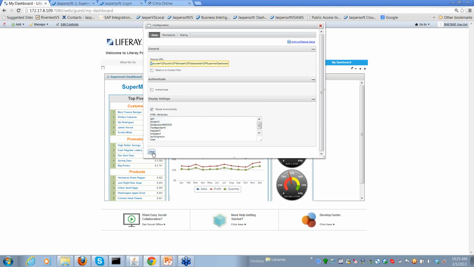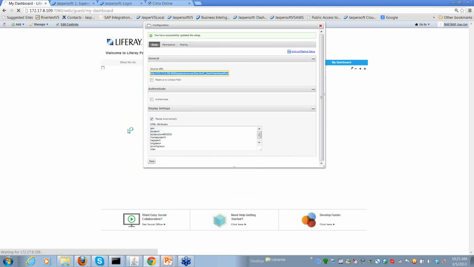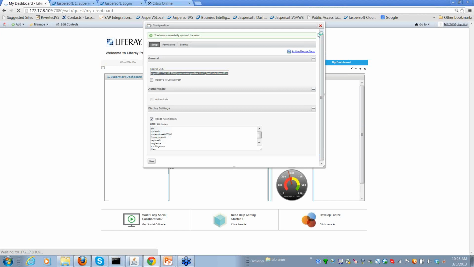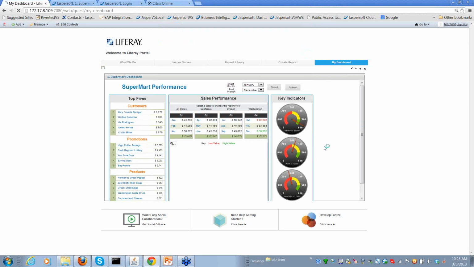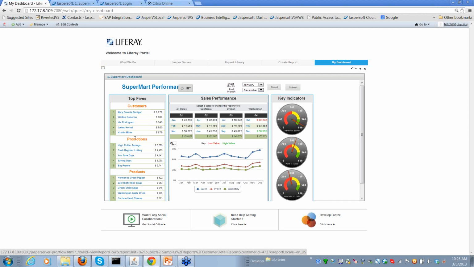The nice thing about the Jasper report server is that each component has a flow ID that points to it. So for example here,